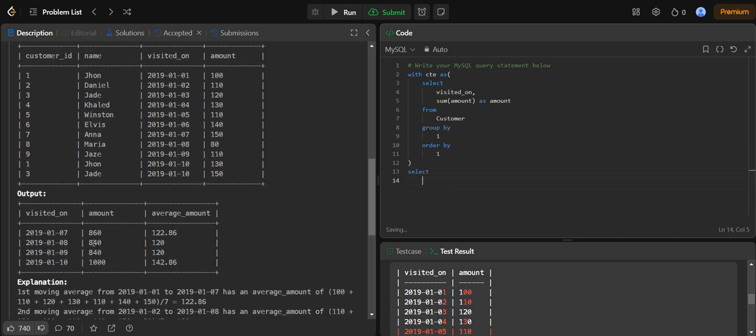I have got the total amount for each date. Now I need to sum them in a window of 7. So I need visited_on, then I need the sum of amount